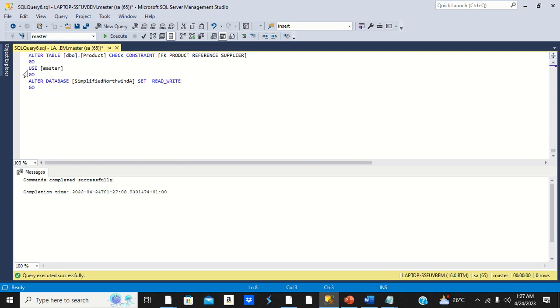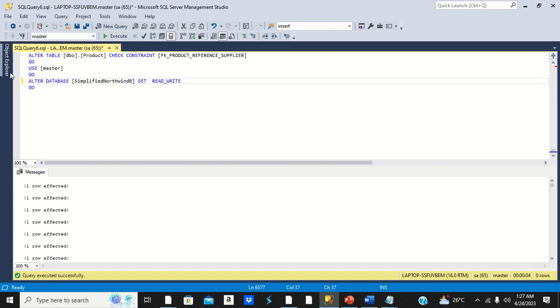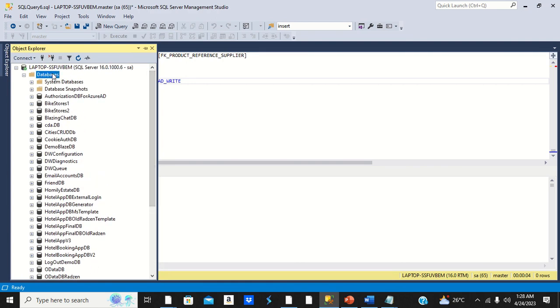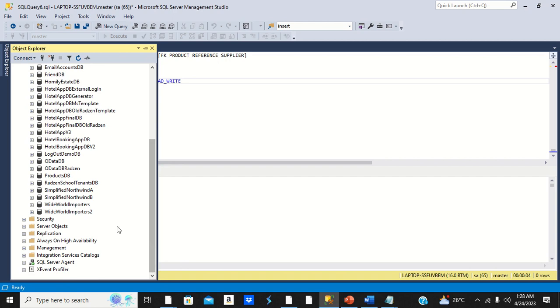The last statement says use master, go, alter database simplified Northwind A. I'm going to change it back to simplified Northwind B. Then I click execute. So now there you have it. I right click on databases and click refresh. So I have two databases, simplified Northwind A and simplified Northwind B, that we are going to use